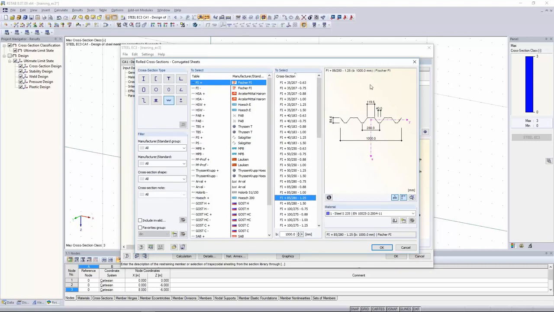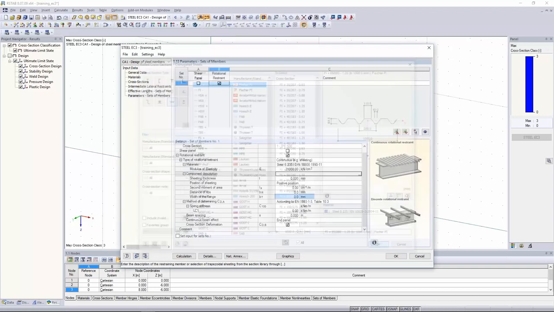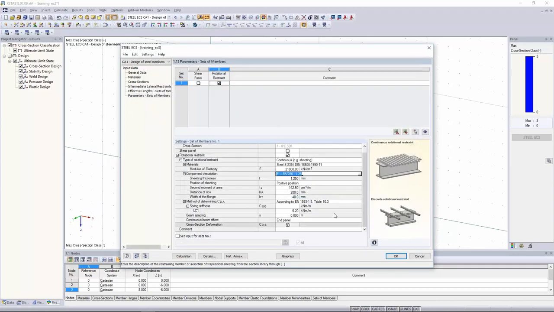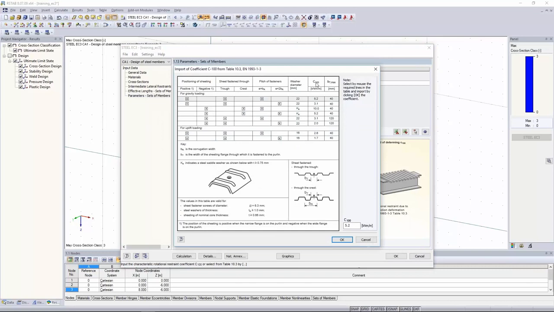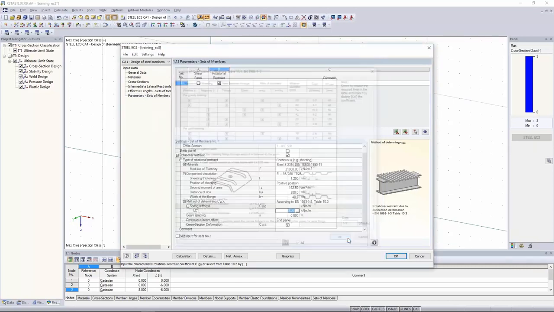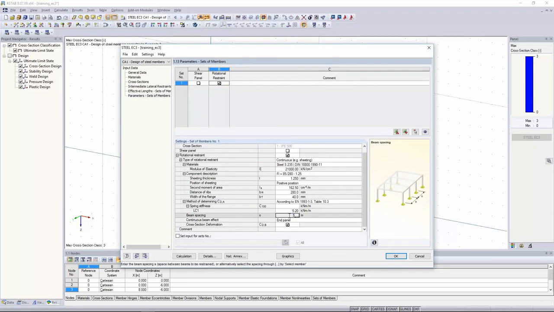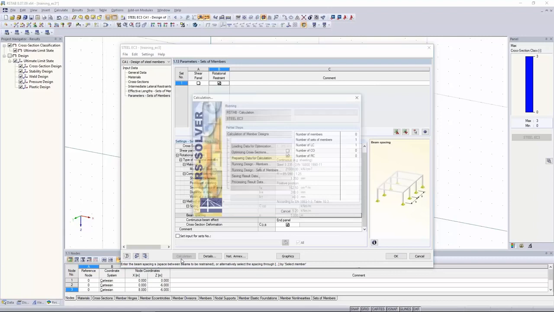Let's say this is a Fischer trapeze sheet, 85 to 280, 1.25 thickness. That's fine. Okay. And the module will take into account all these values automatically. You just have to define a beam spacing, and maybe you want to change the C100 value according to Eurocode 3 part 1-3. Okay, I want to have a beam spacing of 5 meters, and then I can run the calculation again, and